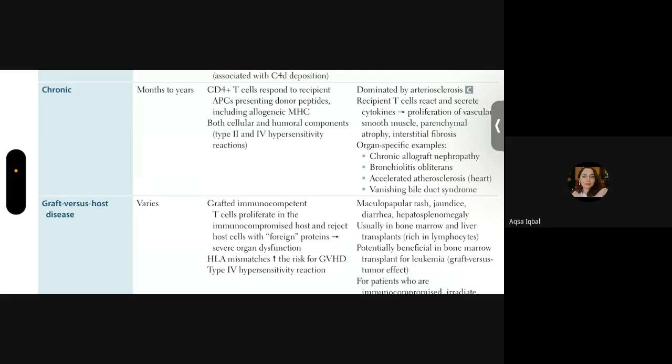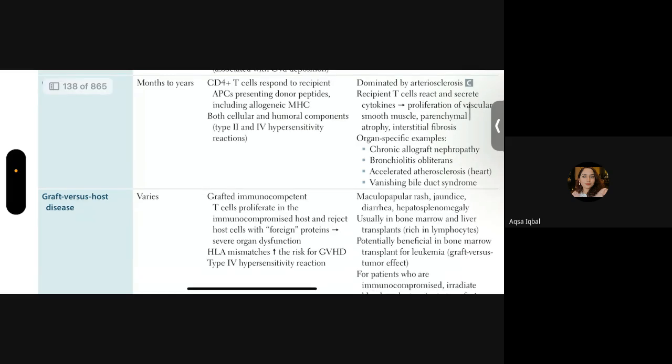Okay, perfect. So here you can see the grafted immune T cells are going to proliferate in immunocompromised hosts. The T cells can invade, or can just cause infection within the host if the host is immunocompromised. We know that, right? So we are going to have maculopapular rash, like these T cells can invade the skin, causing a maculopapular rash there, jaundice, diarrhea. It can just cause problems within the GI,